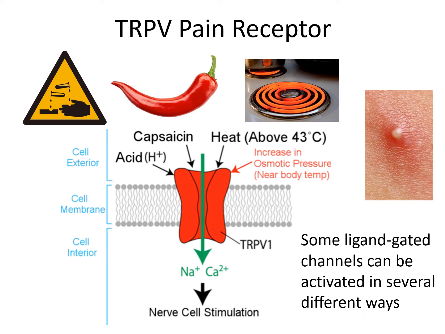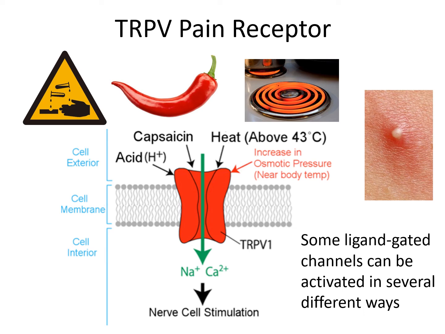If the skin is heated to high temperatures, if you touch something hot, then what happens is this channel is going to change shape. It's going to open, it's going to allow sodium and calcium in, and it's going to depolarize the cell and cause it to send off a signal. One more thing can set this off. If there's an increase in osmotic pressure around these cells, that will also trigger this cell in exactly the same way. So if you have an inflammation of an area, if you have a pimple, as you can see here,